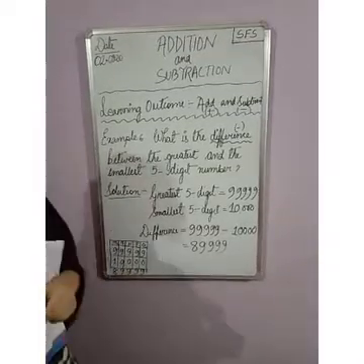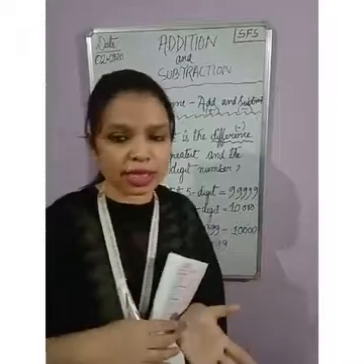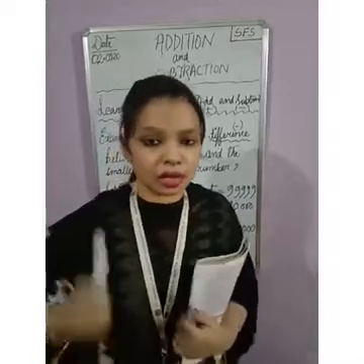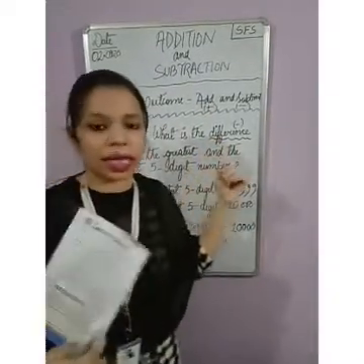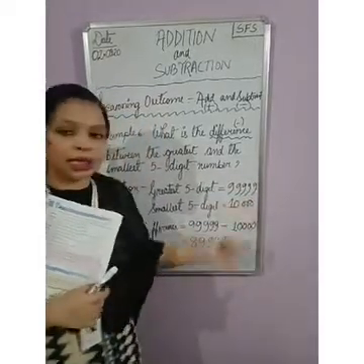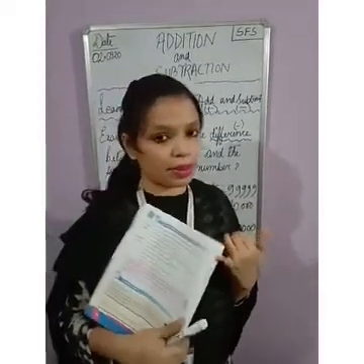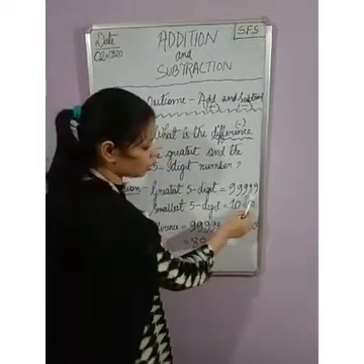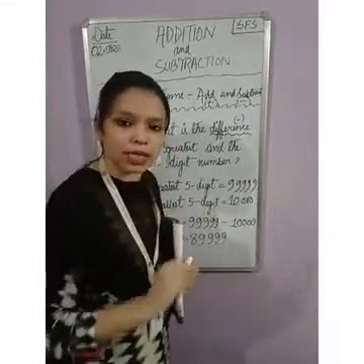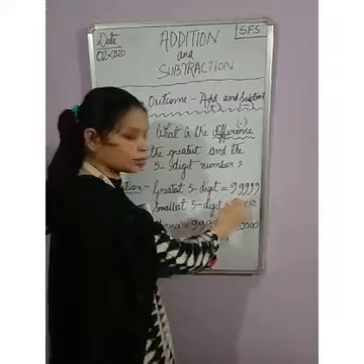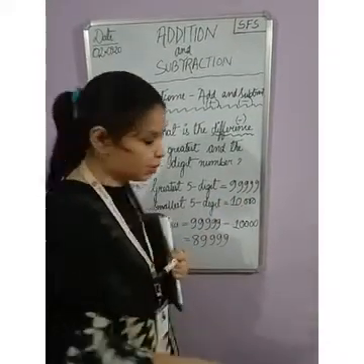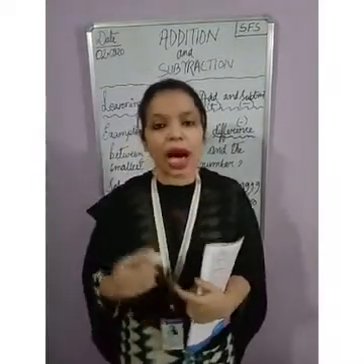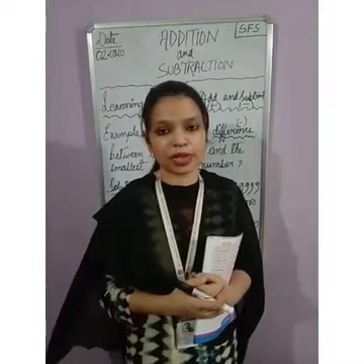In this way you can find out the answer between the greatest and smallest number, or sometimes you might be asked to add the greatest and smallest number. You just have to remember that if the word difference is given, then it is subtraction, and you have to remember the greatest 4-digit number, the greatest 5-digit number, as well as the smallest 4-digit and 5-digit number. Now how do you know it is a 5-digit number? 1, 2, 3, 4, 5. There are 5 digits, so it is a 5-digit number, and if they are all 9, then it is the greatest 5-digit number. On the other hand, the number starting with 1 and having 0s is the smallest 5-digit number. Okay children?